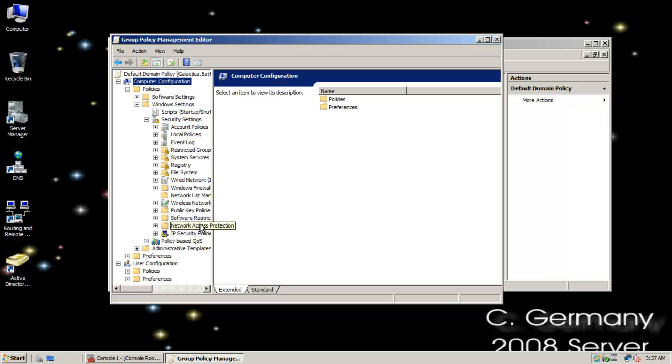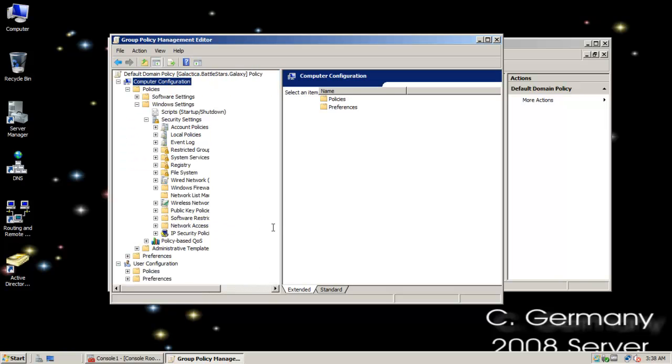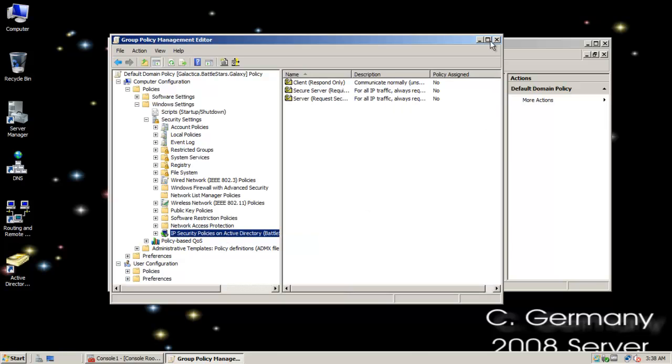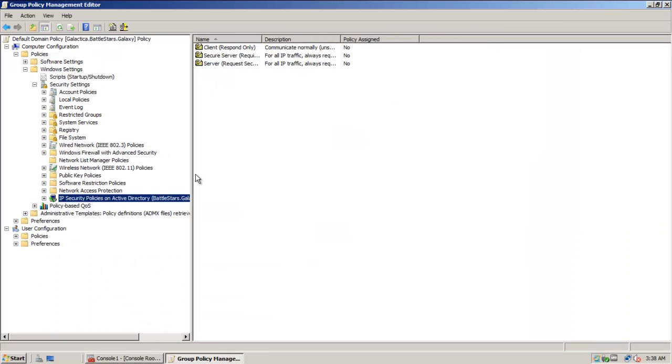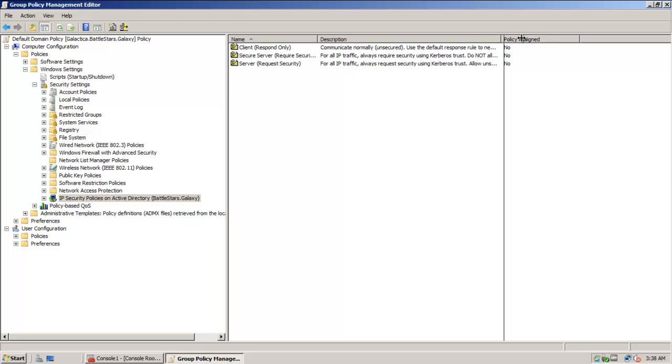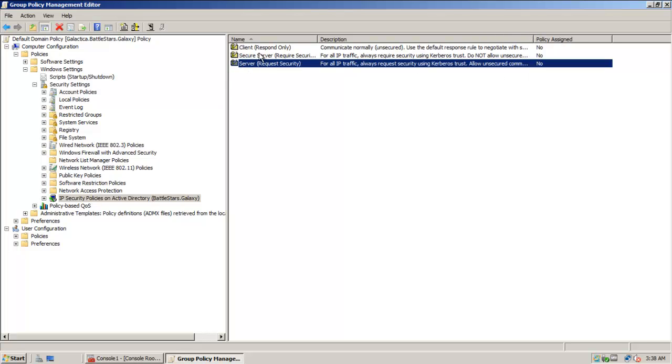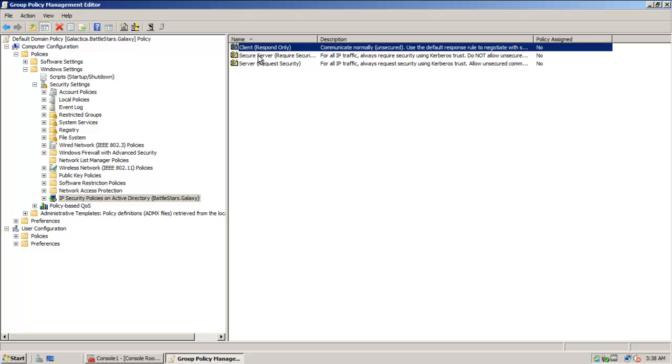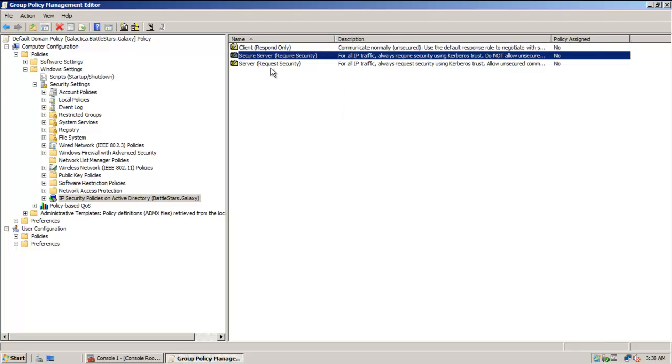And then when I go down here, let me pull this over here to IP security policies, and I'll just expand this so you can hopefully see everything. So IP security policies in Active Directory. If I wanted to, I could make new policies. However, notice there are 3 built-in policies, and I'll drag these columns over so you can see everything. I'll drag them over a little bit more. Boy, Microsoft's a little long-winded there. Alright, that's good enough. So there's client, respond only, secure server, which is require security, and then there's server, which